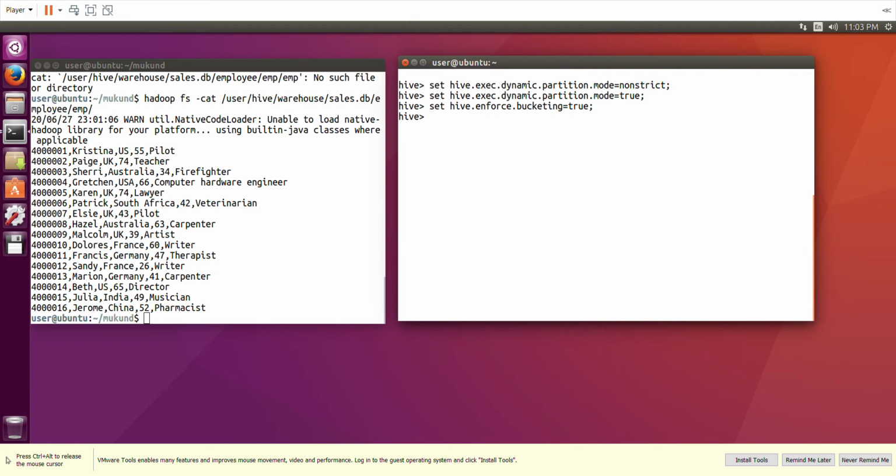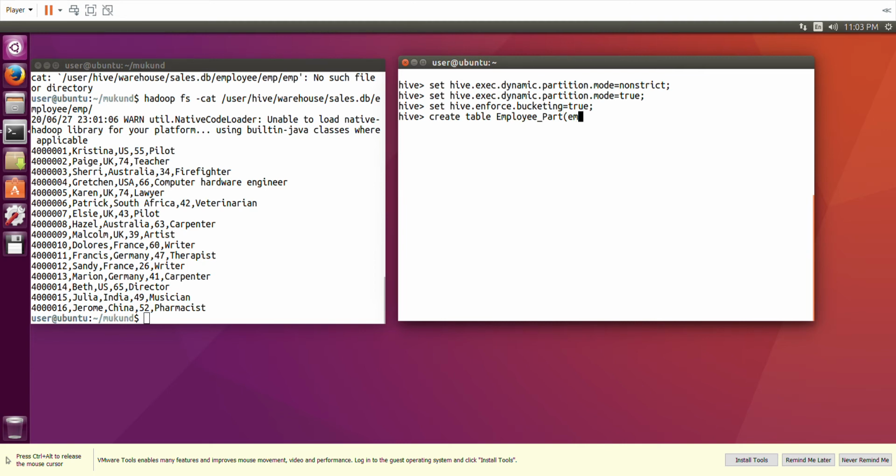So now we are ready for partitioning. The original table is employee, and we'll be creating one table based on that employee. So what we'll write for partitioning: we are creating a table employee part.